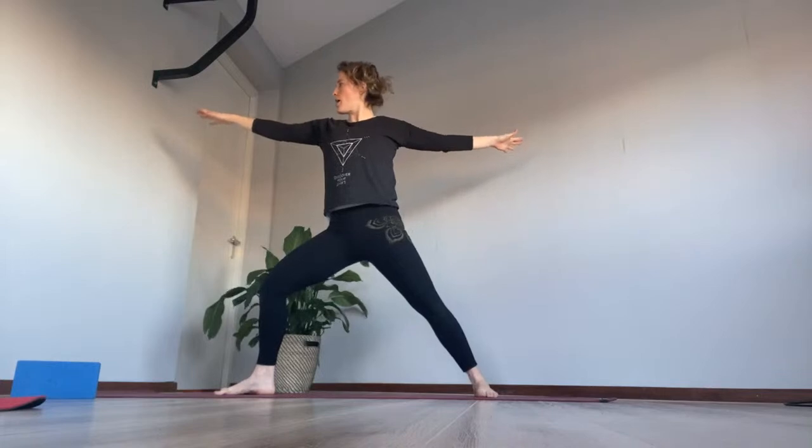And I would like you to now step your right foot forward and your left foot back. And this is called our warrior 2. So the right foot's facing forward and the left foot is the same line as the back of the mat. And we open out our warrior arms, and it's really strong and confident. So this is a great one, not only to strengthen your legs, open your hips, but to feel confidence and